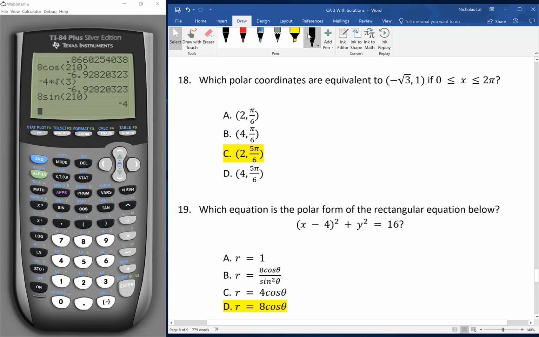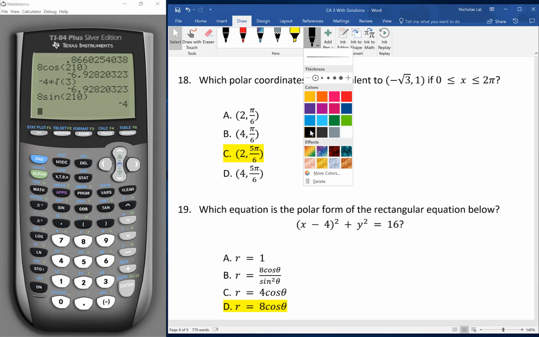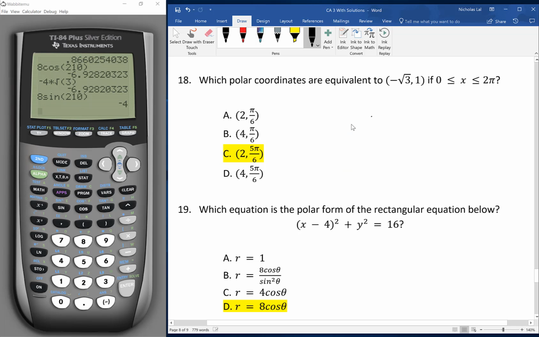So let's use our other polar coordinate formulas. So we need to convert from a polar coordinate into a rectangular coordinate. So actually 5 pi over 6, that'd be